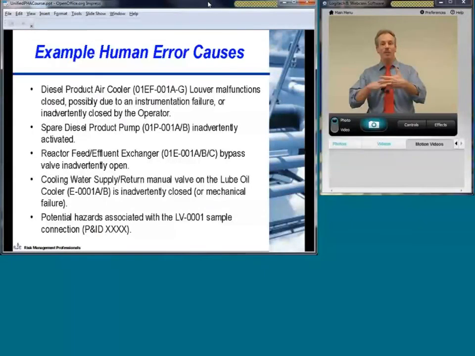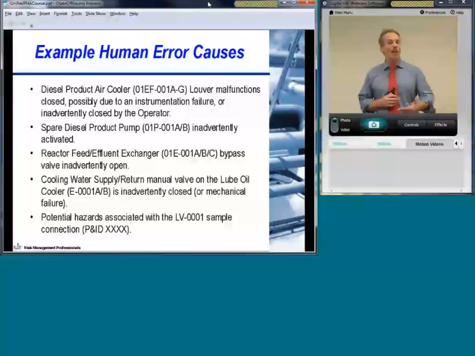The second bullet, spare diesel product pump inadvertently activated. Operator doing something, an error of commission in terms of activating a spare pump, can cause potential problems. Other things that can go wrong: a bypass valve being inadvertently open, a manual valve being inadvertently closed, or potential hazards associated with sampling. All these are types of human errors that you may want to look at during the course